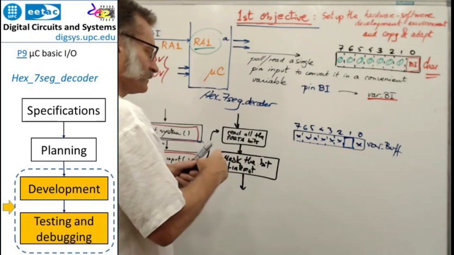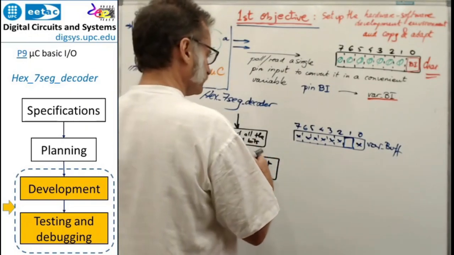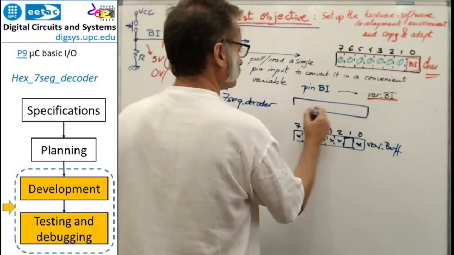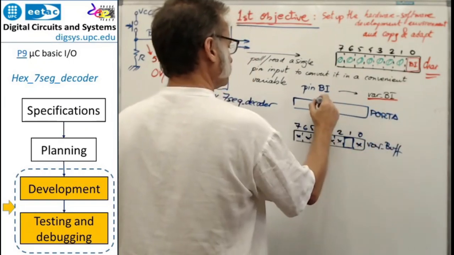So how can you get this variable? Well, I guess that is going to be the port A. In order to get this result, the port A is going to be read